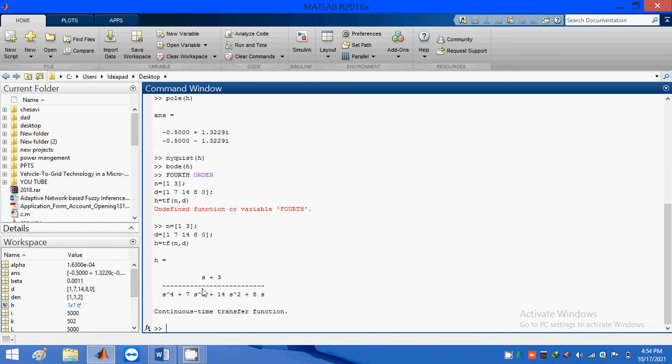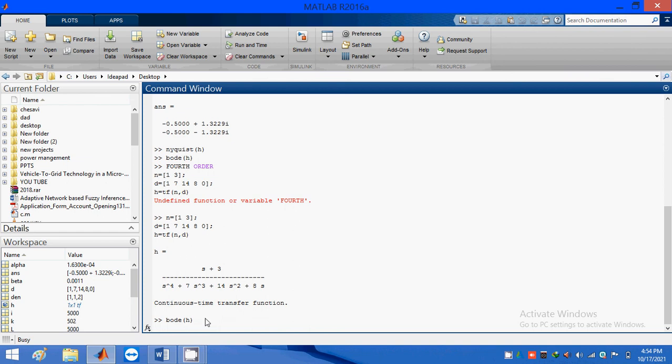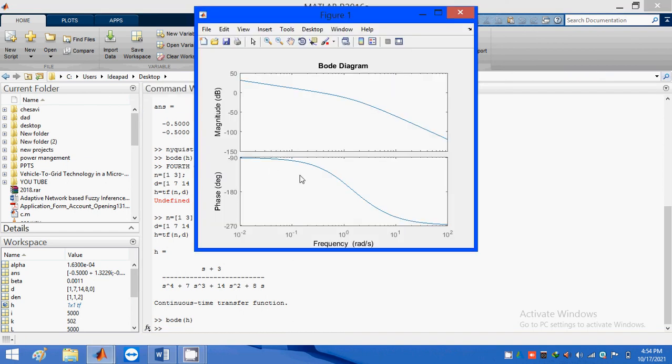So I need to find out the Bode plot. For example, I need to find out the Bode plot. So this is the Bode plot for the fourth order transfer function. For this also I need to find out gain margin, phase margin, gain crossover frequency, all these things.